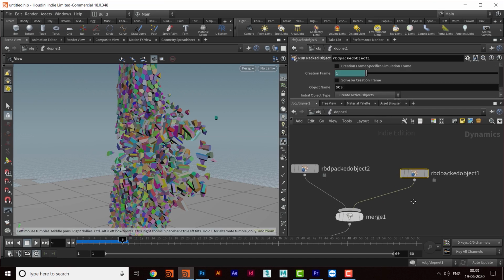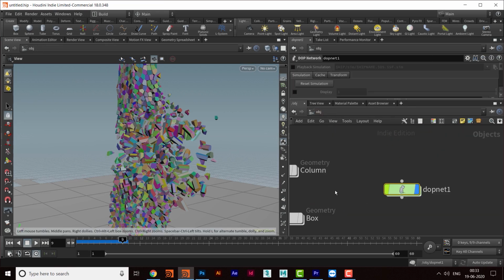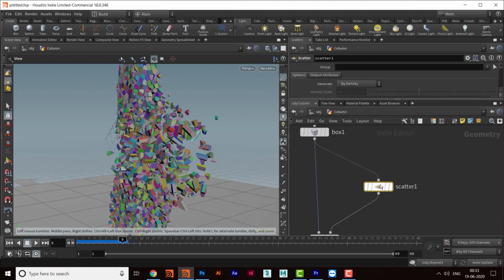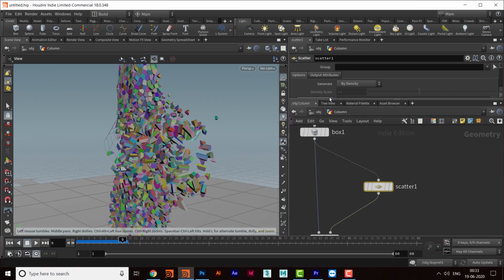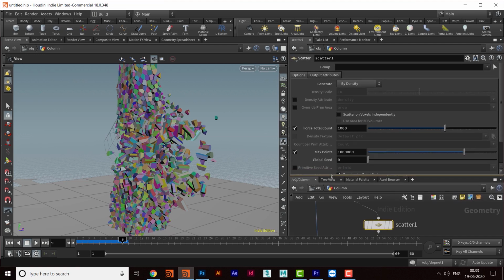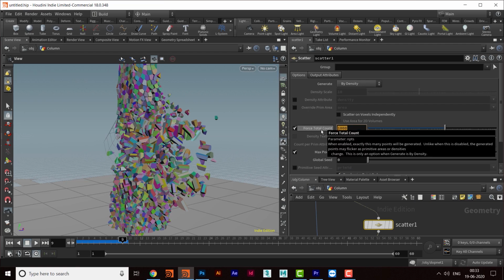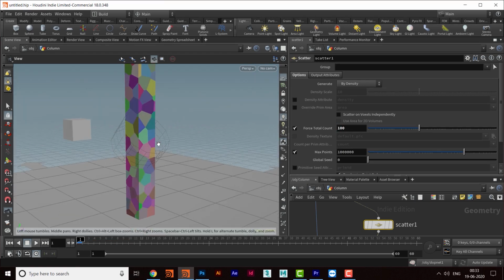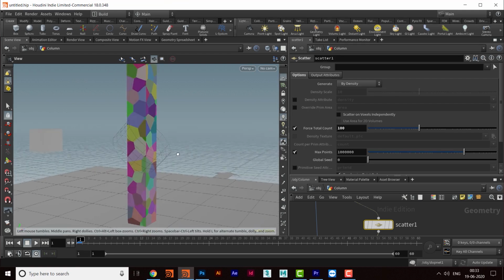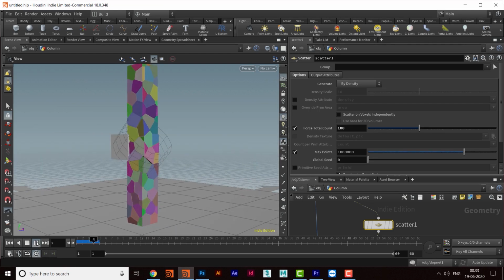Okay, so I will go to the column and then scatter. In scatter there are so many options. We'll come to this one at some point. So we'll keep the number of points at 100, and now we have got the Voronoi kind of pattern here.